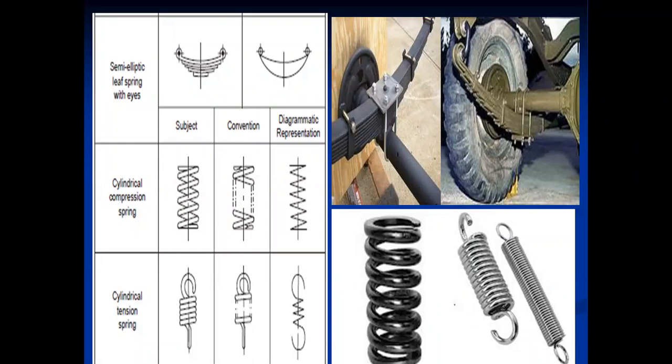cylindrical compression spring. Cylindrical compression spring you are observing. Where it is used, or what is special as far as the symbol is concerned? How to remember this cylindrical compression spring? Here it is a symbol. I will circle that symbol. This is the symbol of cylindrical compression spring. What is the speciality of this? While showing the symbol of the cylindrical compression spring, what thing we have to remember?